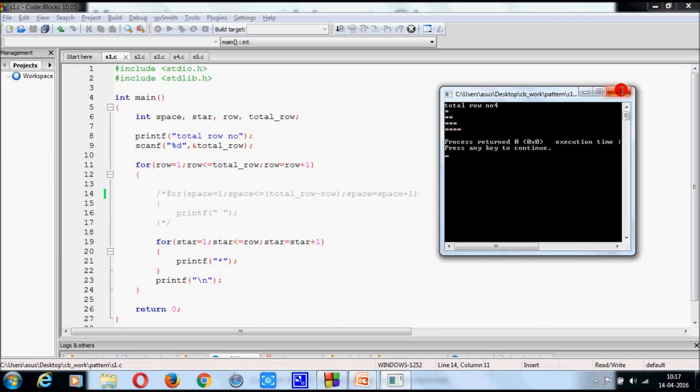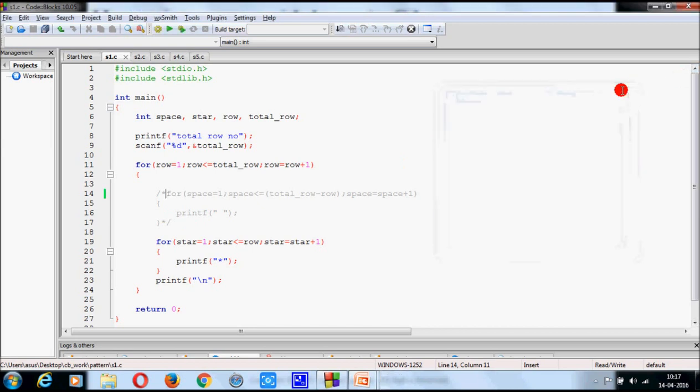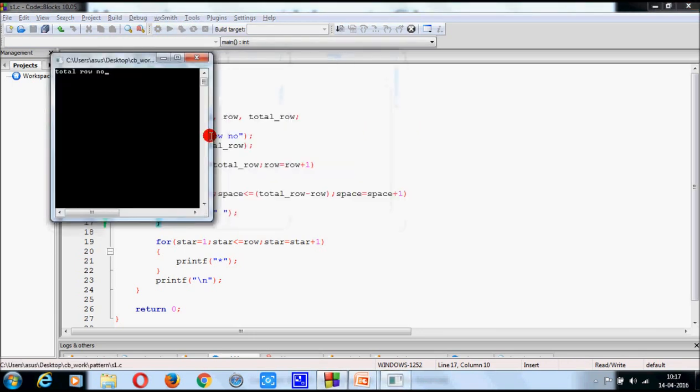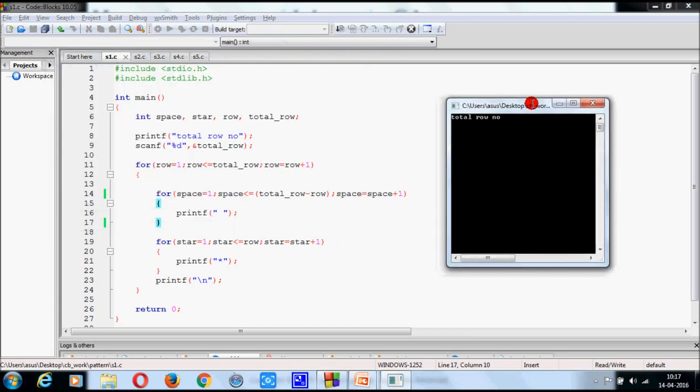Now I am going to change this program. I just activate this section here and run the program. Now see that the pattern is changed. That means the space appears at the left hand side of this last star.